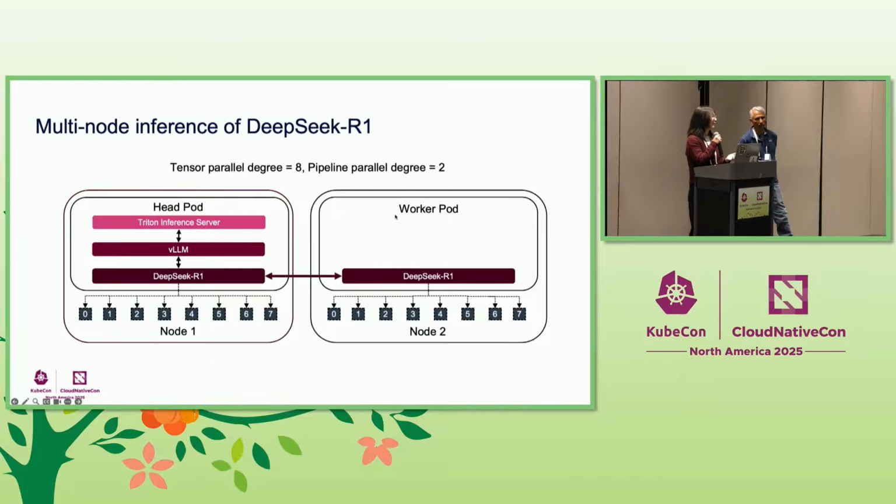So let's take a concrete example to perhaps illustrate things more clearly. Let's say someone wants to run a large open source model such as DeepSeek R1. We've been using the words inference server and backend models in general terms, but for this specific example, let's say we want to choose Triton Inference Server as our inference service interface, which takes in requests and returns responses. And then we can take vLLM, which is the inference backend,